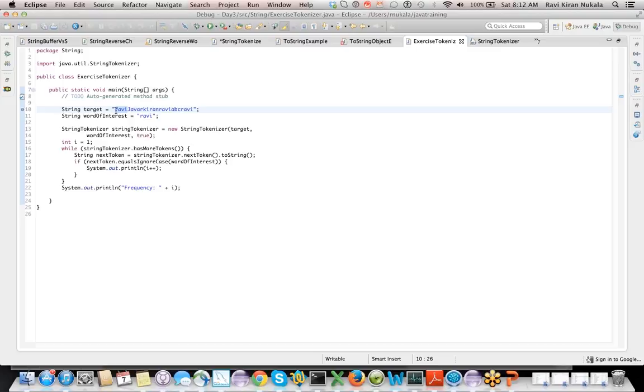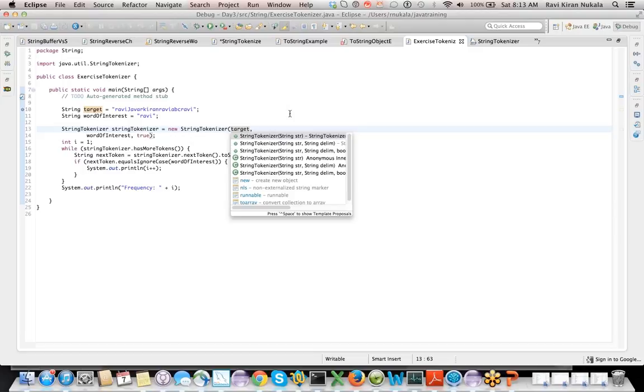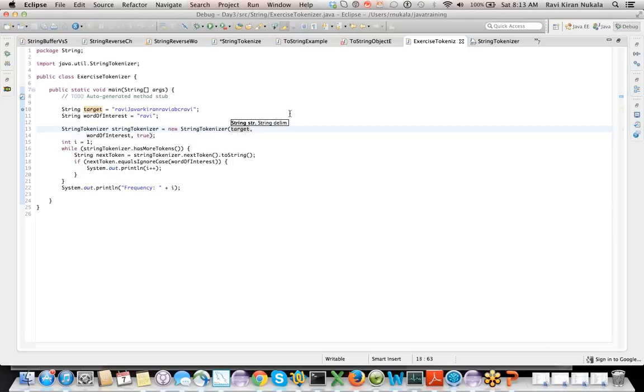So the delimiter that we are trying to consider is this one, and we want it to return the delimiter as well. And no need of space also probably. Do I have to say true or false to this? Let's just do only this. Don't even do anything else and see the dealing.